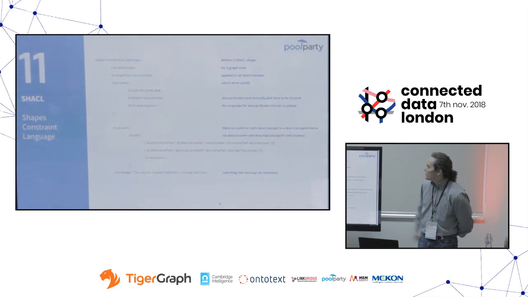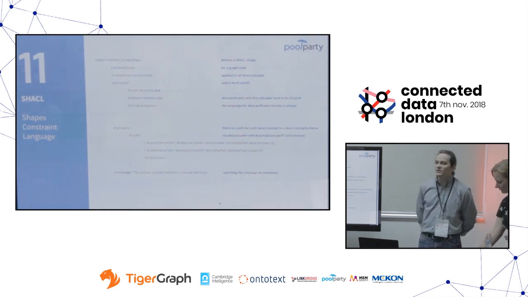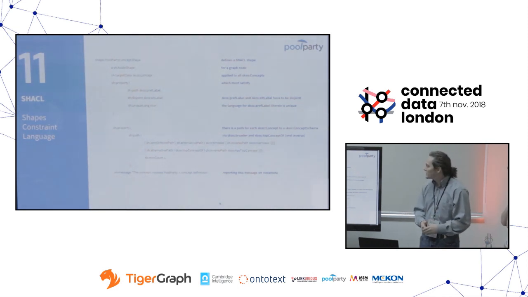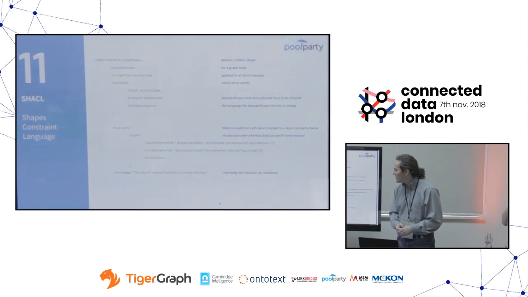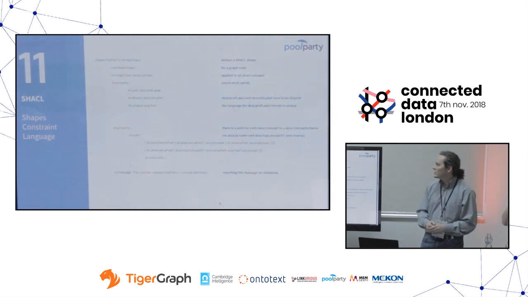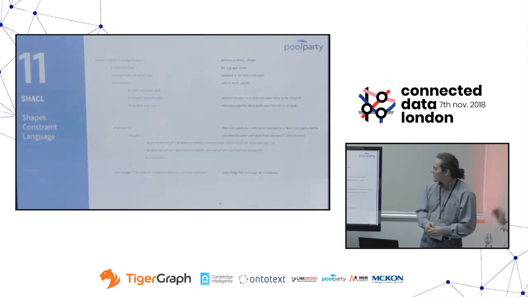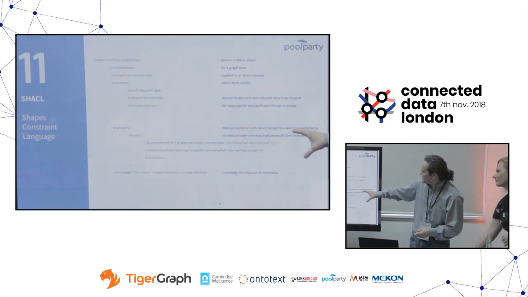It is focused on nodes in the graph, not on properties. It targets instances of SKOS concept, so we can check everything that is an instance of SKOS concept in our data. And then we have some property requirements. First of all, the pref and the alt label must be disjoint, and for the pref labels, the language must be unique. And the third condition that we have here,